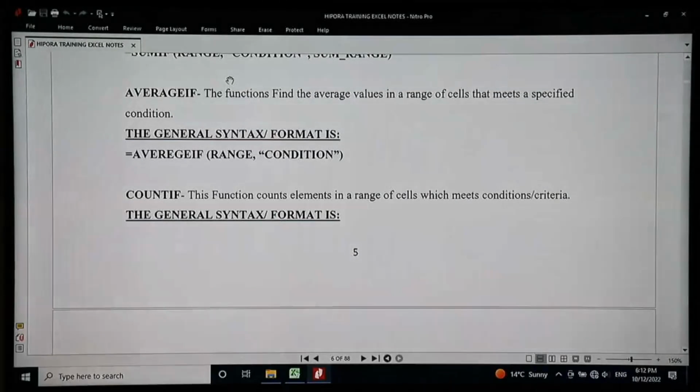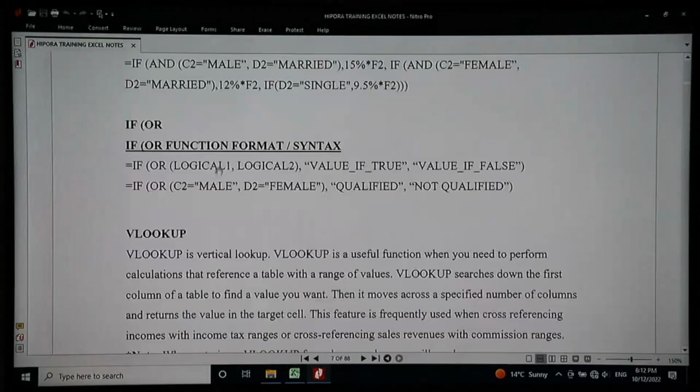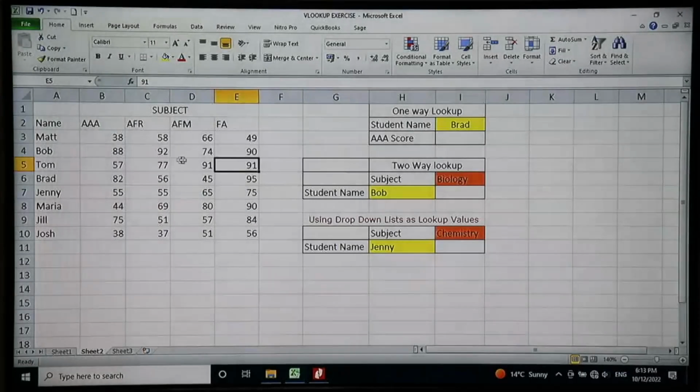So the function VLOOKUP is one of the logical functions. And how does this VLOOKUP work? VLOOKUP simply means vertical lookup. This function is very useful when you want to refer or to search down records, referring to the leftmost column. So you're given the leftmost column, and from the leftmost column, you want to look up the data across the screen. So in most cases, if you are to search for records,